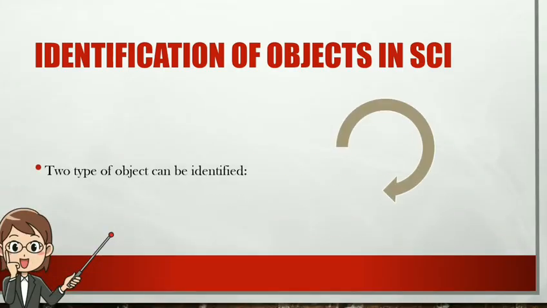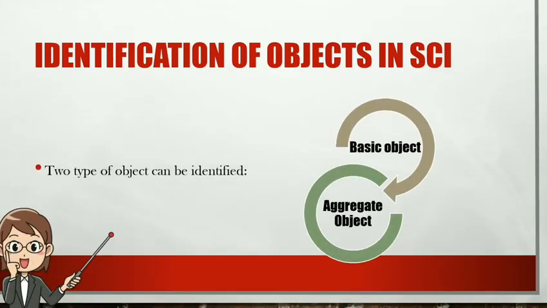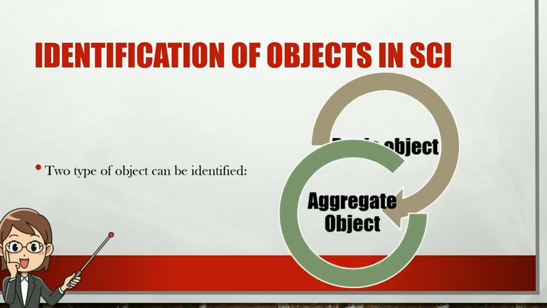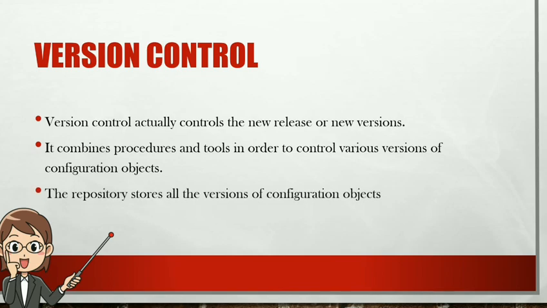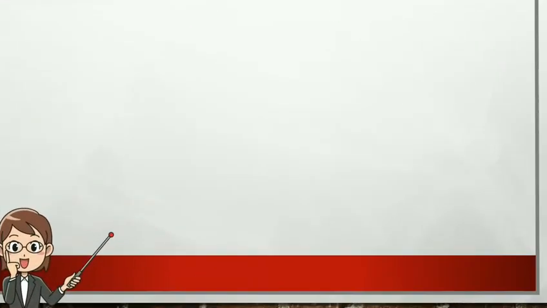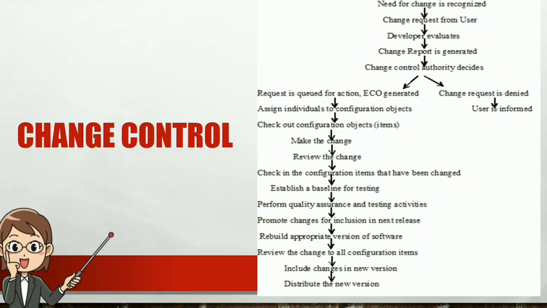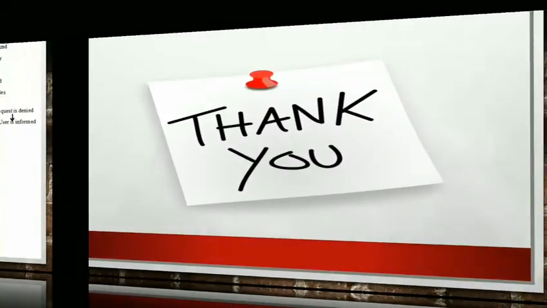So this is how we have learned the software configuration management system in detail. Hope you all have understood the SCM process, which includes the identification of an object. After that, we have seen version control, then change control and the configuration audit, along with status reporting.